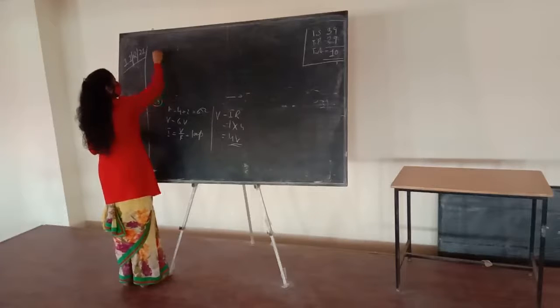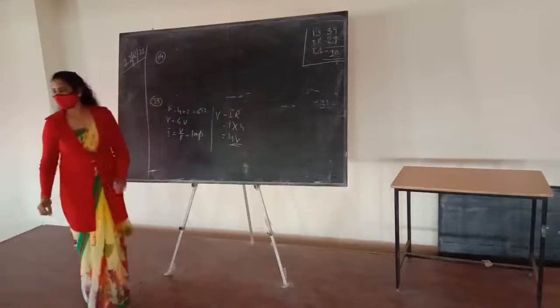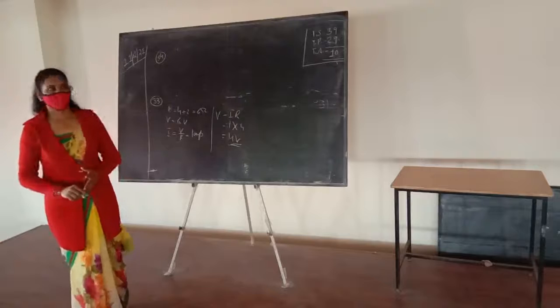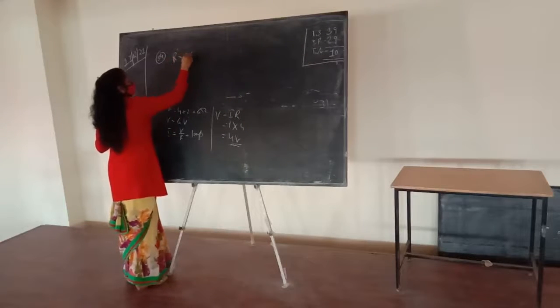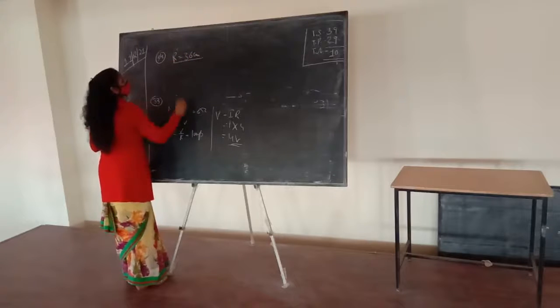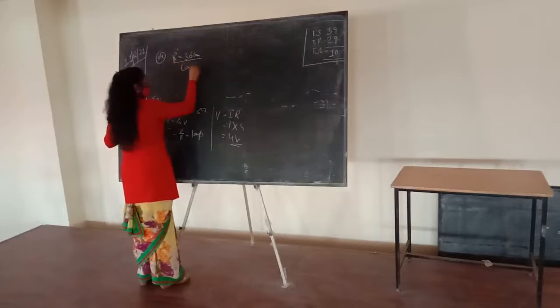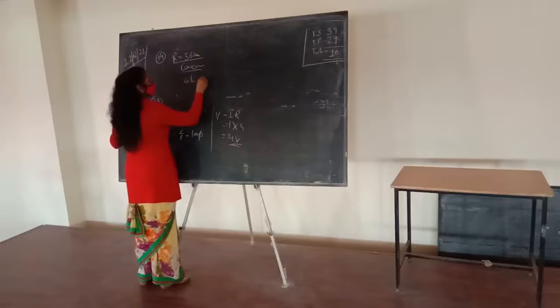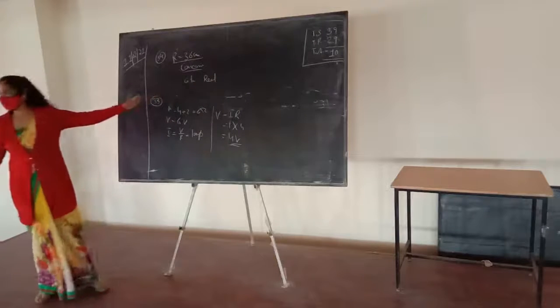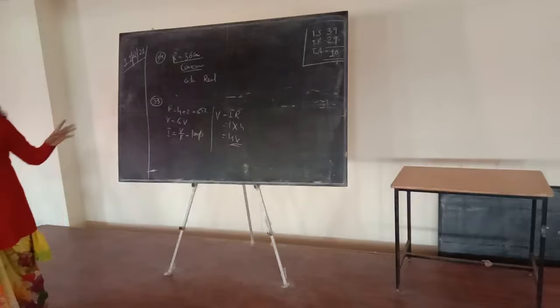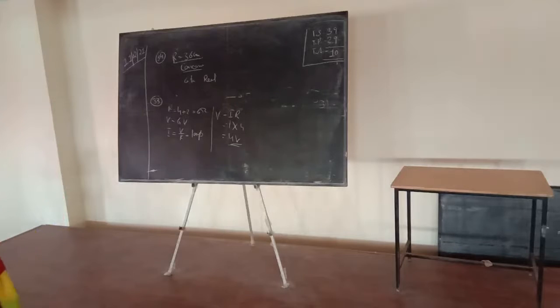34. A concave mirror of radius of curvature 36 centimeters is fixed to a stand and placed on a table. How far is an object from the mirror if an image is formed that is real and 6 times the size? Okay. So I'm not writing the sign with the values. I'm writing only the information which I found from the question.